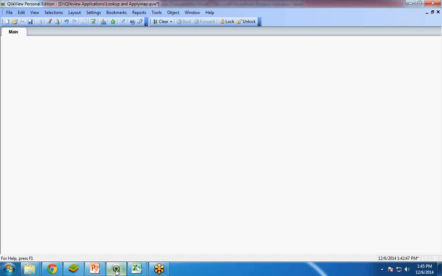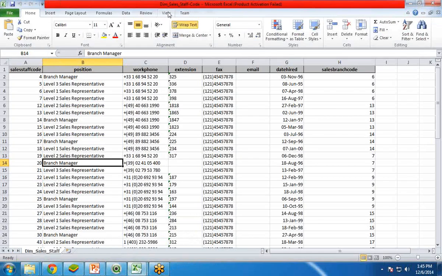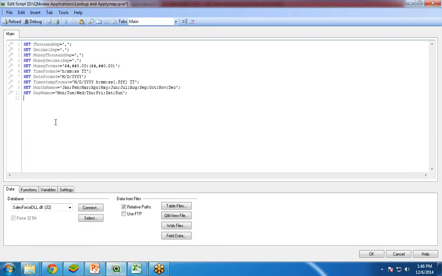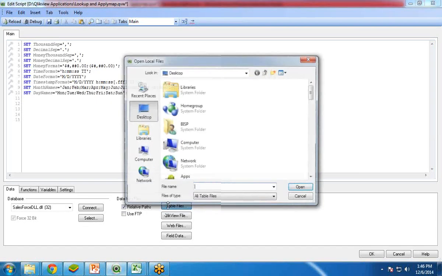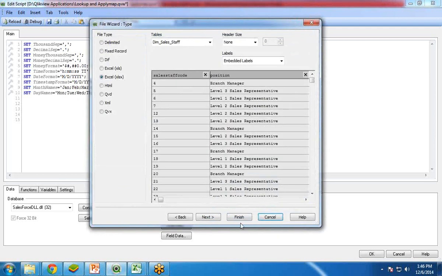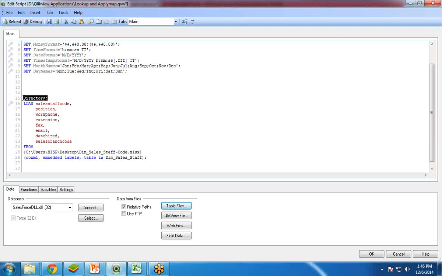First of all, in ClickView I will import this dim sales staff code Excel file, and I would like to show the respective data in the form of a table box. So I go to edit script, place my cursor over here, click on table files and load that file, dim sales staff code. Click on finish and I change the name to sales staff code. Save it, reload,